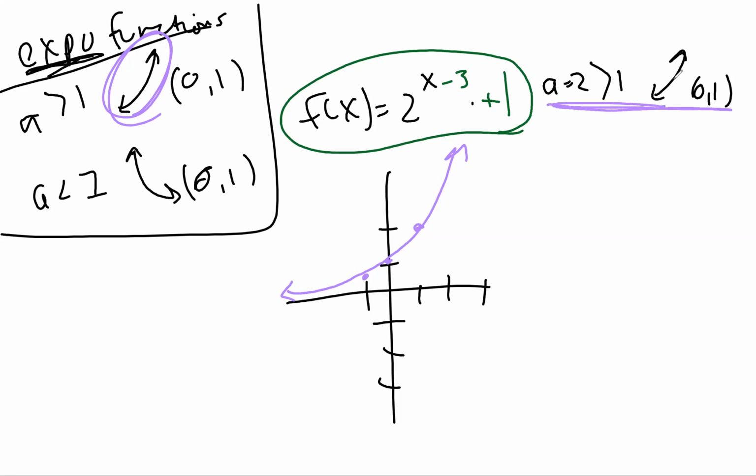Okay, now, when we look back over here, we have to ask ourselves, okay, are there any other transformations happening to this graph? Well, I see this. What does that minus 3 tell me? I got to go right 3. Good. And then I say, okay, well, what else do I see happening? And I see this big plus 1. So that big plus 1 tells me to go up 1.